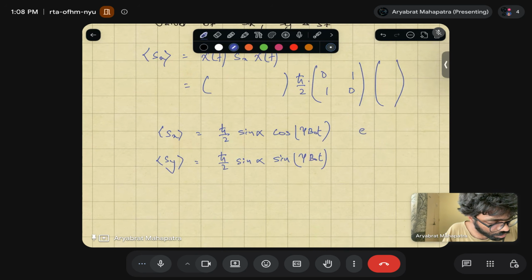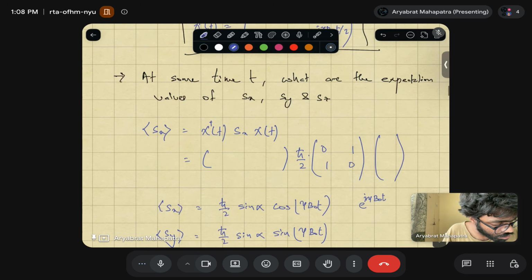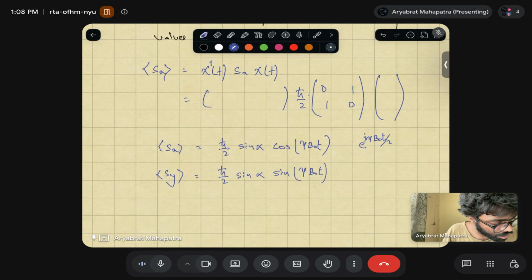If I write exponential of i gamma B naught t by 2, plus exponential of minus i gamma B naught t by 2, over 2,